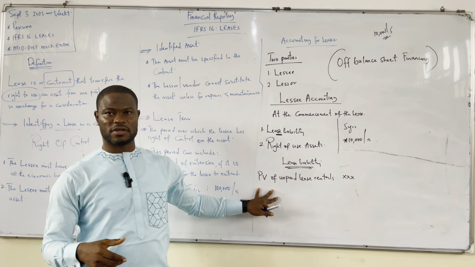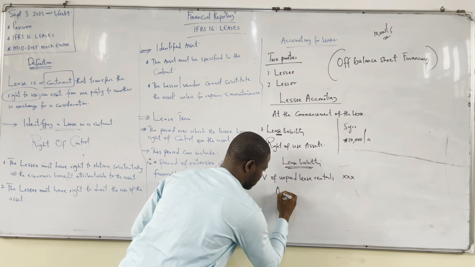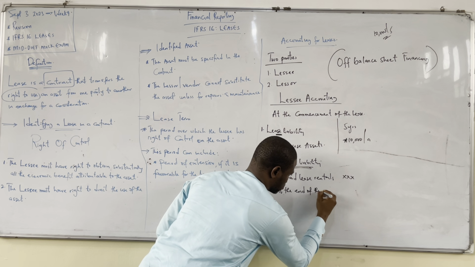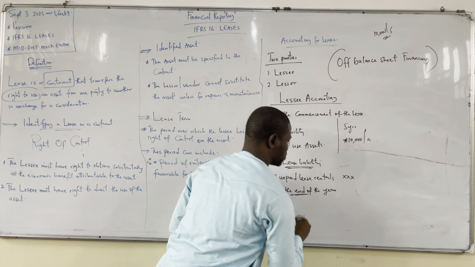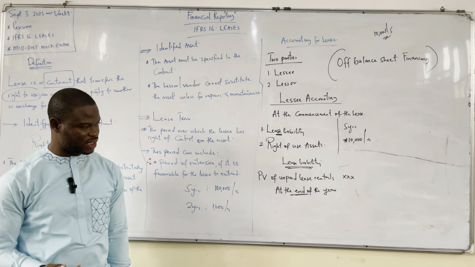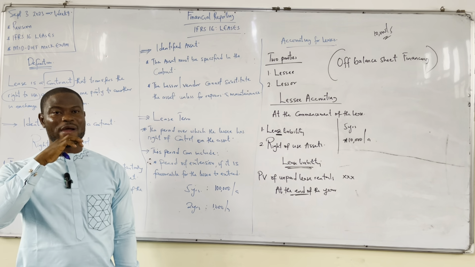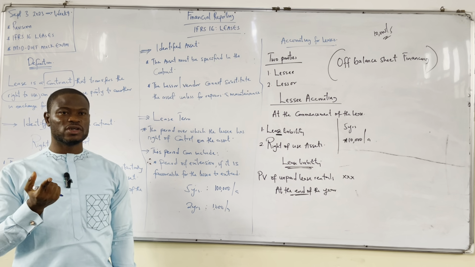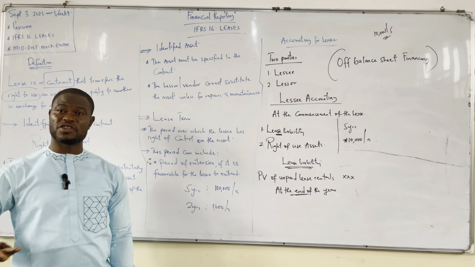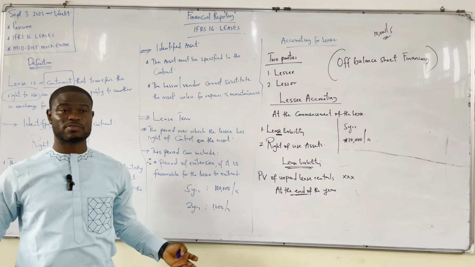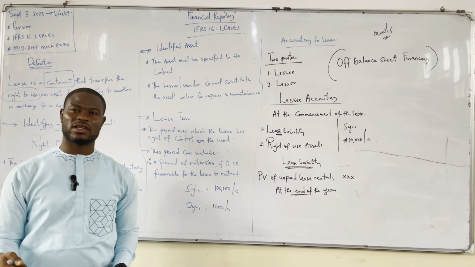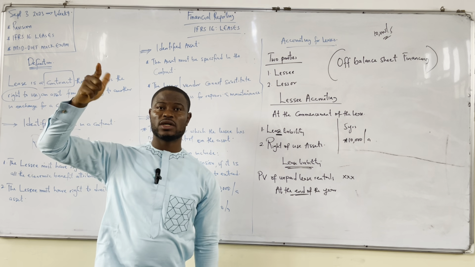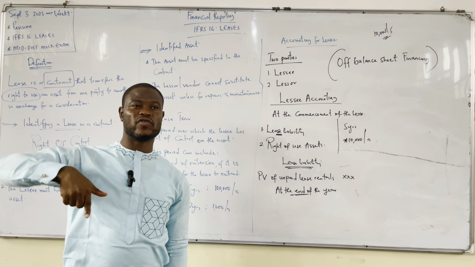What happens at the end of the year? So at the end of the year, now we have to look at two things now. And what we are looking at is, when was the lease rental paid? Majorly, you need to be paying your rent every year or every month, as the case may be. You need to know what is the timing, and there are two timings. So it's either he pays at the beginning of every year, or he pays at the end of every year.